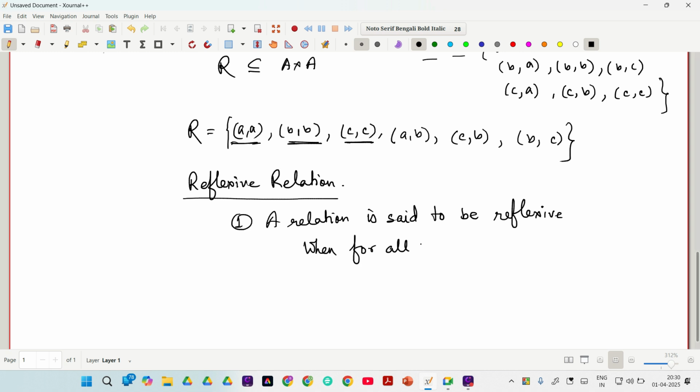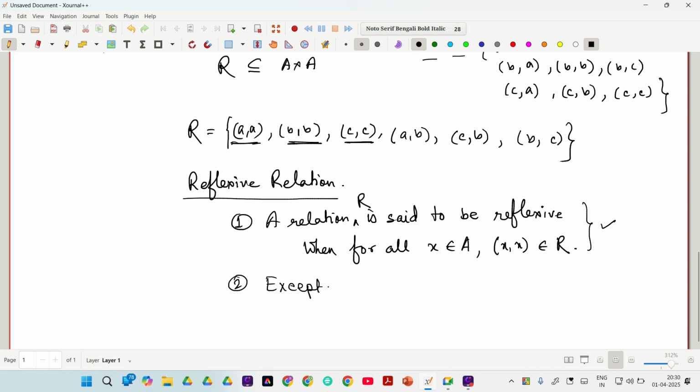for all x belongs to A, this type of ordered pair (x, x) belongs to R. A relation R is said to be reflexive, this is some kind of definition. Okay. So the second point is,